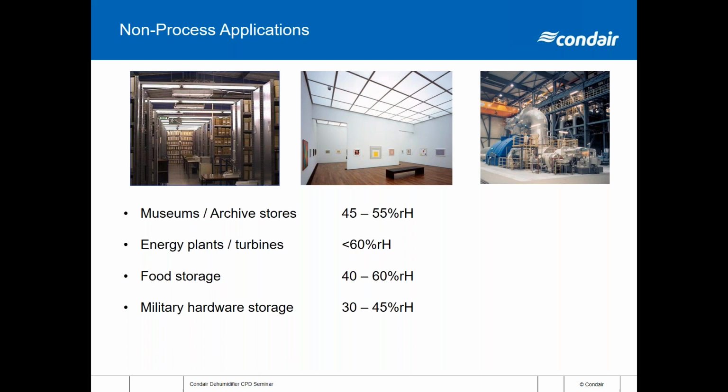Energy plants and turbines is quite an interesting one. Here we're dealing with pipework that contains a fluid that has a fluid temperature that is lower than the dew point of the air around, which means you get cold bridging across the pipework. Because the pipe is being cooled by the fluid, you get a surface that forms dew, and that can run to cause corrosion, which of course we want to avoid. So by reducing the moisture